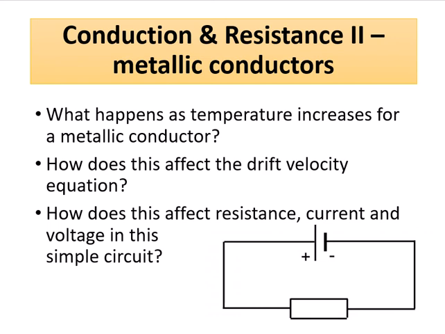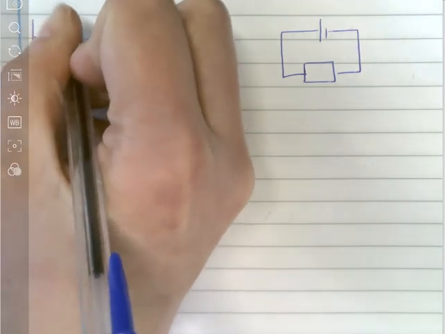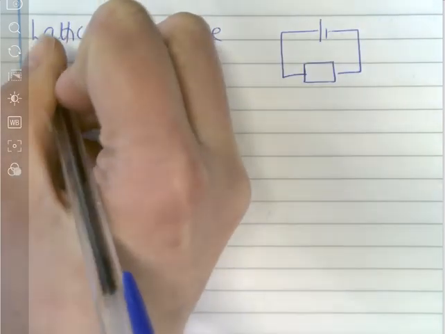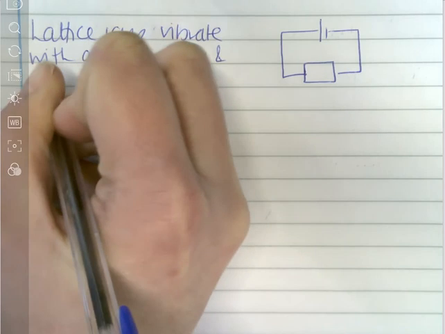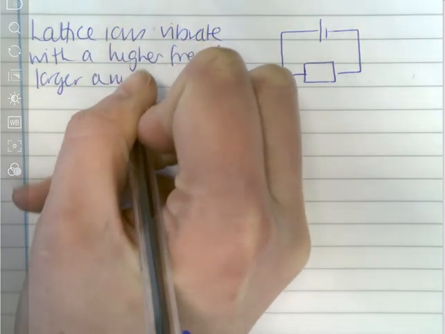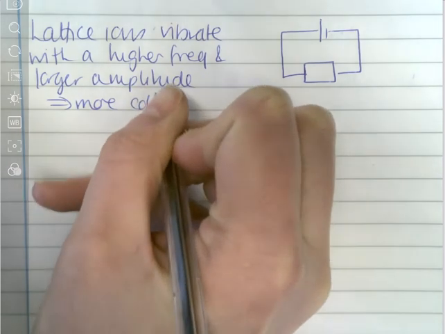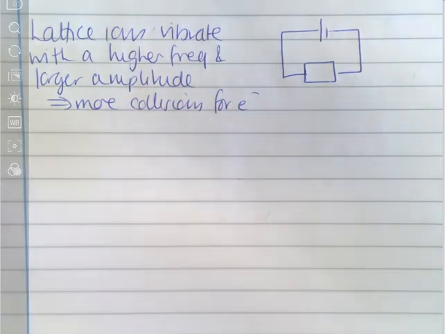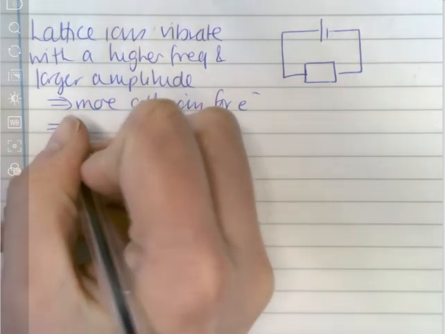Okie doke. So, as temperature increases for a metallic conductor, what happens? So as temperature increases, we find that the lattice ions vibrate with a higher frequency and larger amplitude, and this causes more collisions for conduction electrons. Now that slows them down,